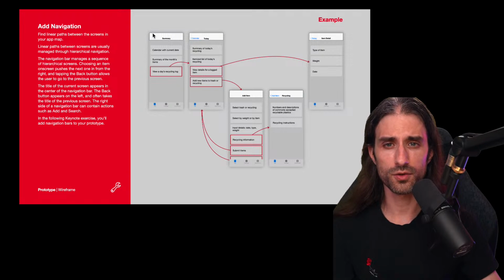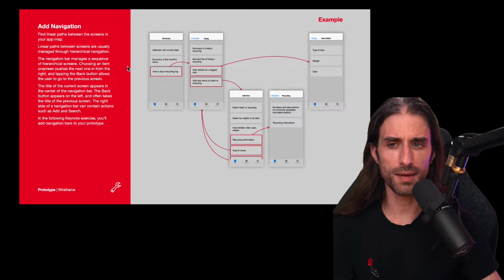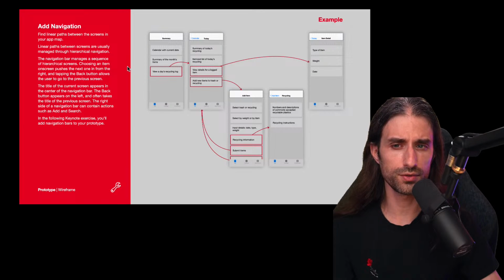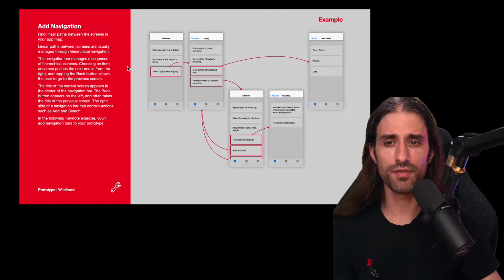The navigation bar, at the top, manages a sequence of hierarchical screens. Choosing an item on screen pushes the next one in from the right, and tapping the back button allows the user to go to the previous screen. The title of the current screen appears in the center of the navigation bar. The back button appears on the left and often takes the title of the previous screen. The right side of a navigation bar can contain actions such as add and search. So you can put buttons even in the navigation bar.